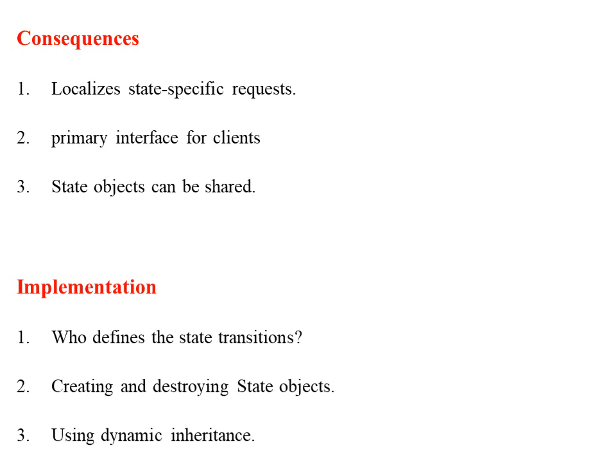So first one, who defines the state transitions means generally the state object does not specify any behavior of its state object. So generally the transition which is defined from one state to another state, the state object defines the state transition whenever the internal state changes. So in this way we implement this state pattern.